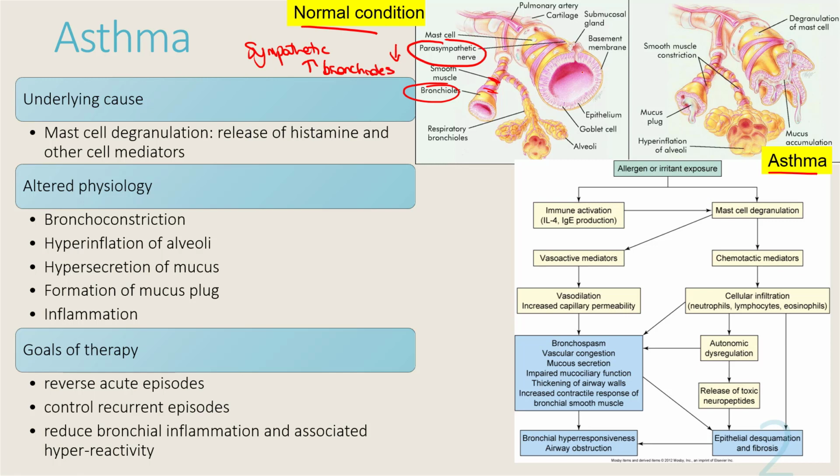You can see under normal condition, you've got submucosal glands and you've got goblet cells, both of which secrete mucus. The epithelium and the basement membrane of the normal bronchiole looks very well organized. And you can also see here that you've got alveoli in clusters at the end of the respiratory bronchioles. And it's at the level of the alveoli that the actual gas exchange occurs, and then the air is transported through the respiratory bronchioles and the bronchioles in and out of